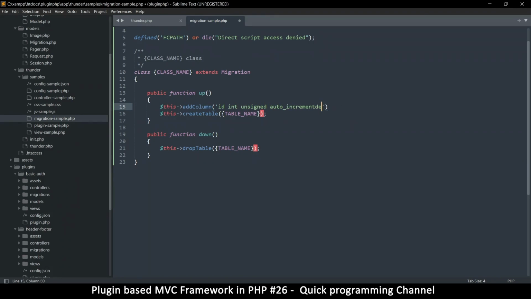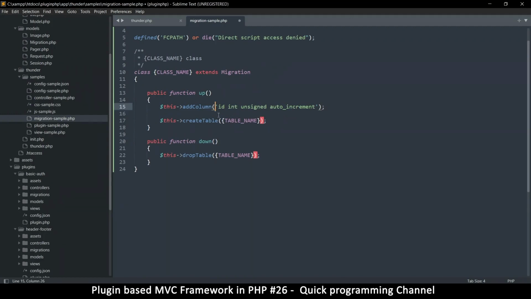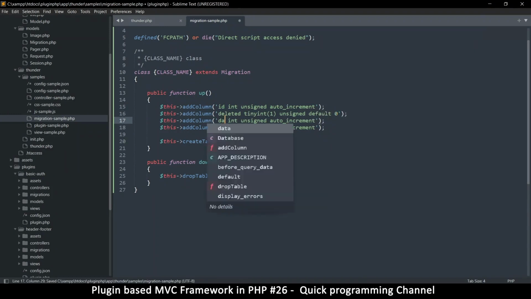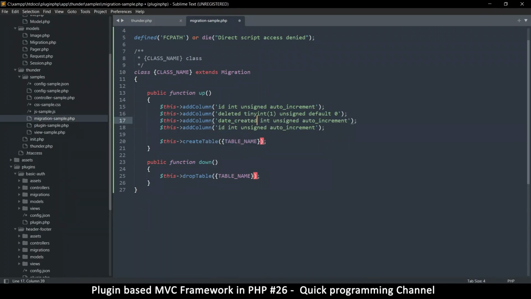Anyway, for a primary key with auto increment, that's not necessary, so let's do that. So we add those common columns that we anticipate, so ID, and then there's deleted, which could be tiny int of length 1 and unsigned, and default 0. Okay, so then we can have date created, like that, and this one is date time, and default could be no,